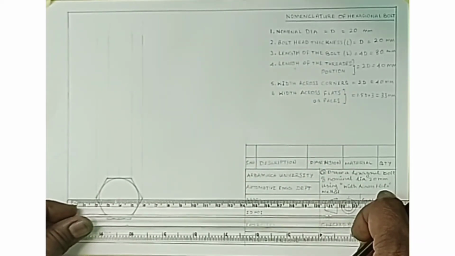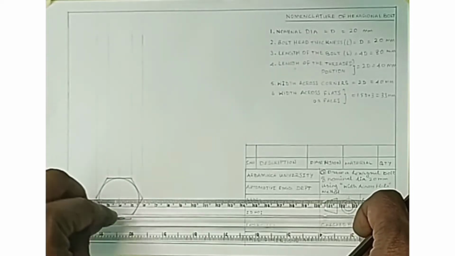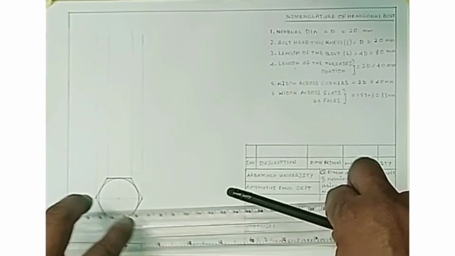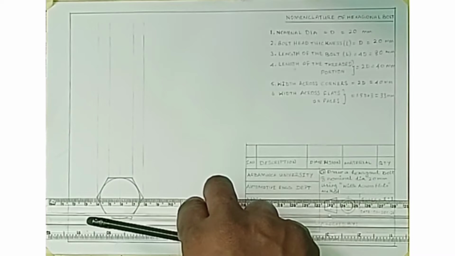See, this must be equal to the width across corners. Here it is 40 mm. If we choose the width across the corners, we choose 40 mm, right? So if everything is correct according to the dimension, it must be equal to 40 mm.